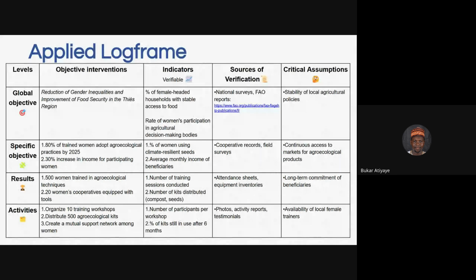For example, for a capacity building training like this, the outcome is enhanced capacity in the training topic. Say the target was 50, we can say 50 participants were trained on so and so, or their capacity has been built on so and so.